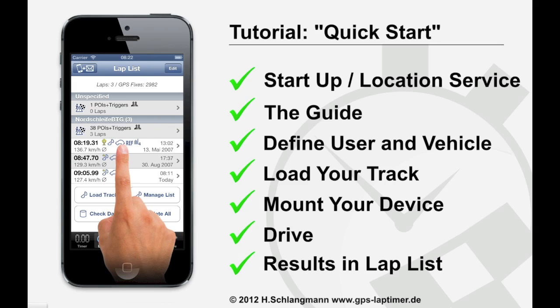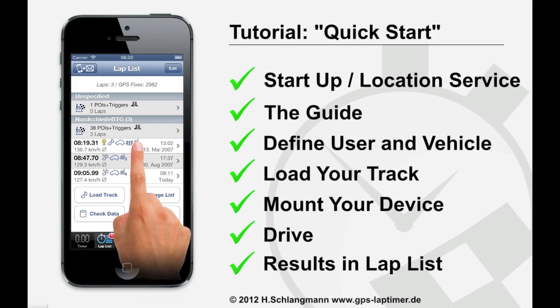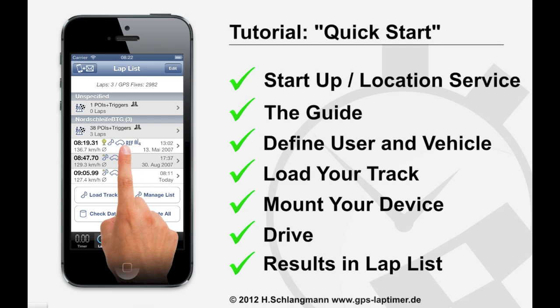A little car means, well, this lap has been driven by a car. The reference symbol means that this lap is used to show you gaps while driving. So this is a reference lap, everything is compared to. And the bars with a 4 behind mean that there are 4 intermediates recorded, 4 or 5 sectors recorded for this lap. Well, we have a look into this one